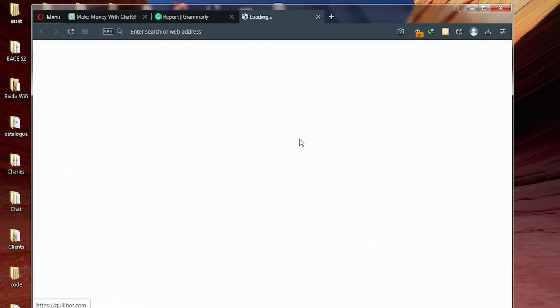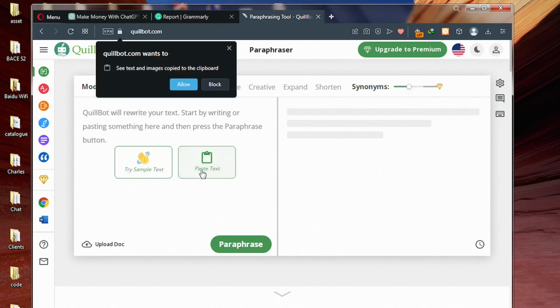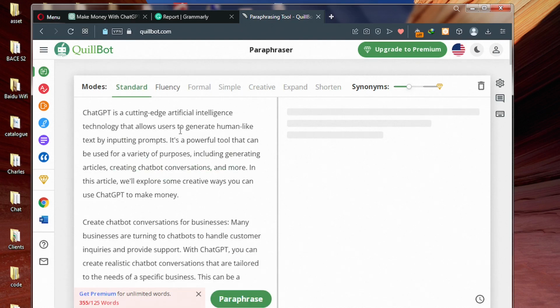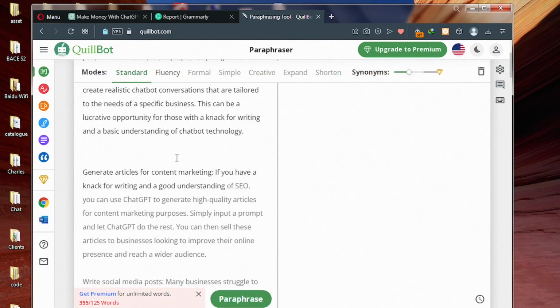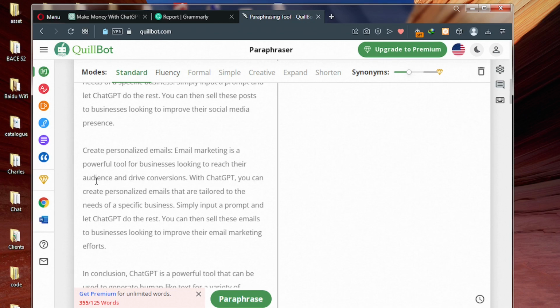We're going to rephrase our article. After the site is loaded, go ahead and paste the text inside here. So you click on paste text, and this tool can only take 125 words at a time. If you want to do everything at once, you need to upgrade.